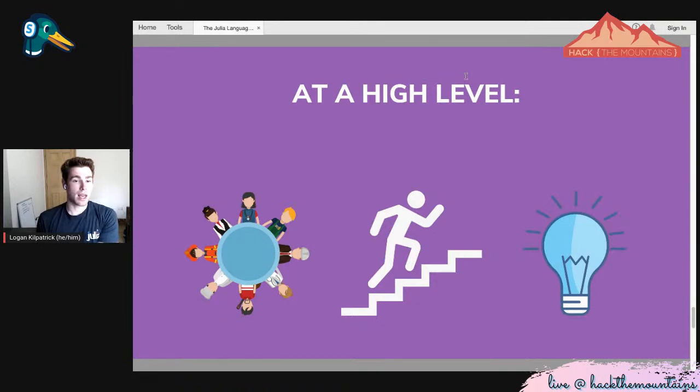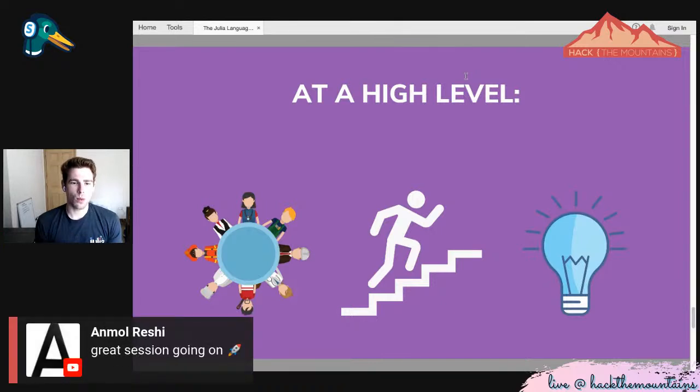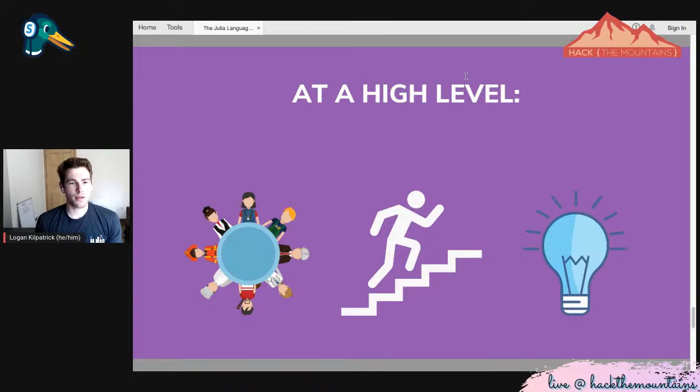And also, it being Julia, going back to the slide before, when we were talking about why students should get involved in open source projects: when you get hired for your first job, the reality is that you're not being hired because you are the best programmer in the world. You're not being hired because you have the most knowledge about how to solve these specific problems in the world.